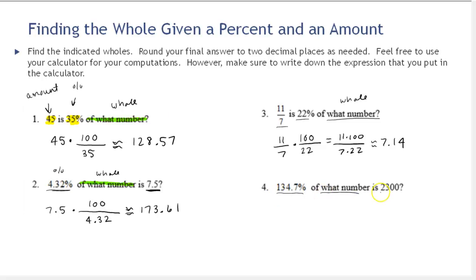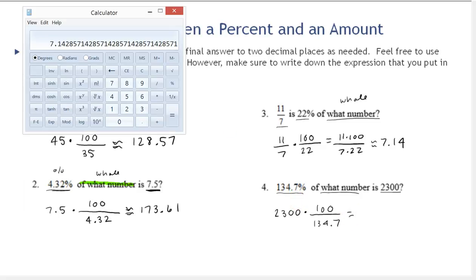Let's look at the last one. 134.7% of what number is 2300? Okay. So we're looking for the whole because it says of what number. Our amount is 2300. Okay, we want to find 100%, so we're going to multiply by 100 and divide this into bits of size 1% by dividing by 134.7. So we'll put this in the calculator. 2300 times 100 divided by 134.7, and we get